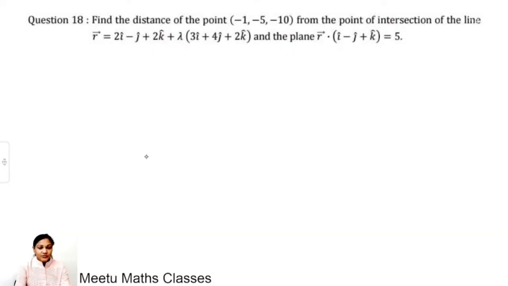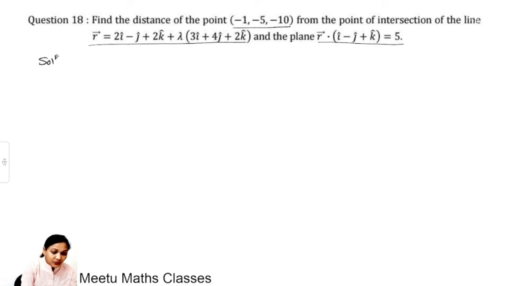Your next question is question number 18. Find the distance of the point (-1, -5, -10) from the point of intersection of this line and plane. You are given a line and a plane, and you are supposed to find out the distance between this point and the point of intersection of this line and plane. And to find the point of intersection,